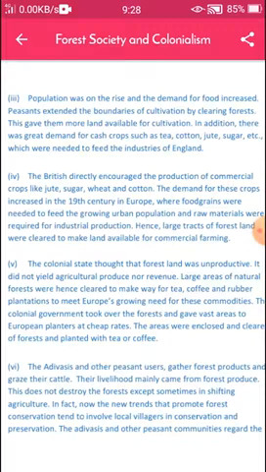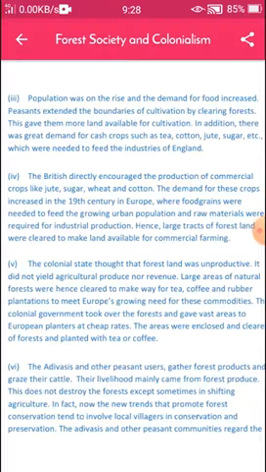Fourth one, commercial farming. The British directly encouraged the production of commercial crops like jute, sugar, wheat, and cotton.